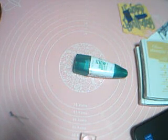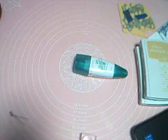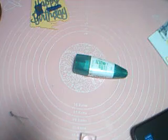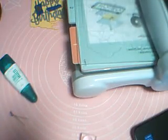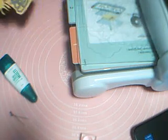Do I need my Big Shot? Yes, I do need my Big Shot. I need to cut out my happy birthday. So let's do that first off. Let's get my Big Shot up here. Now that I tracked it down, we'll put my